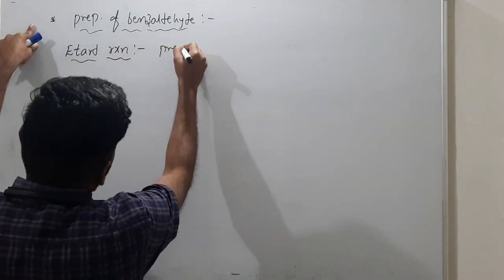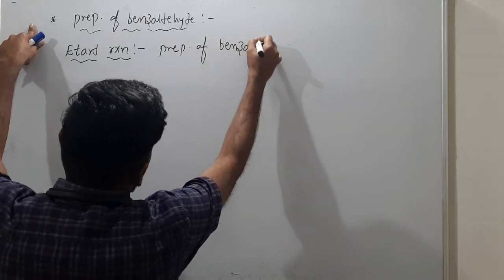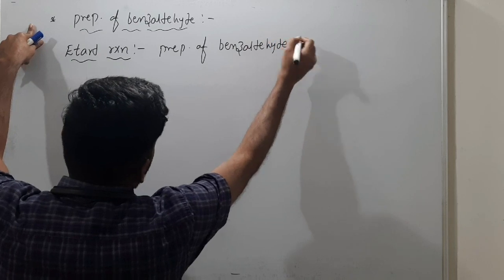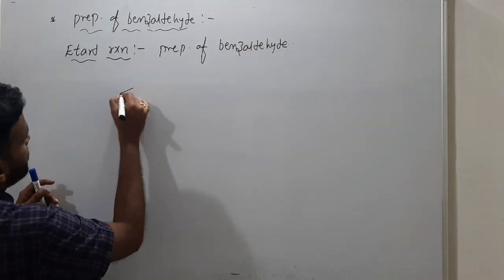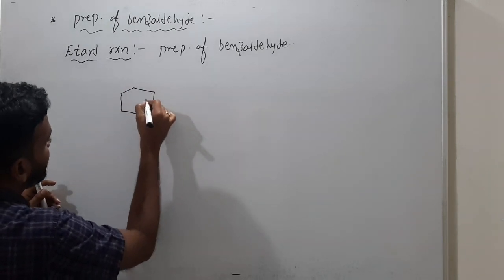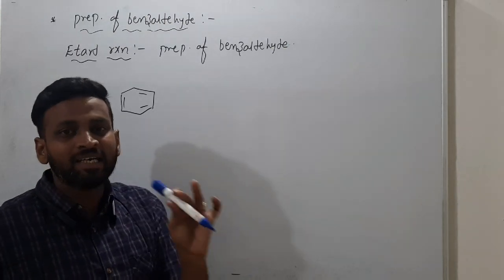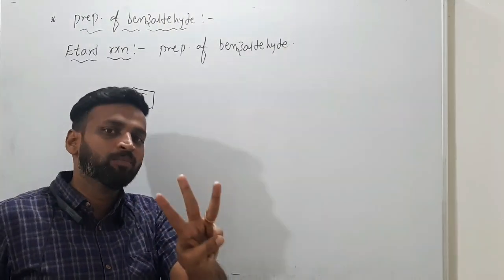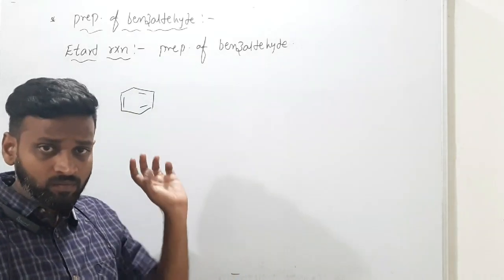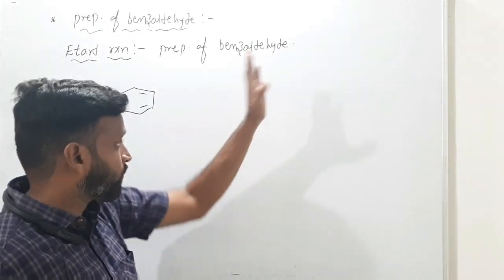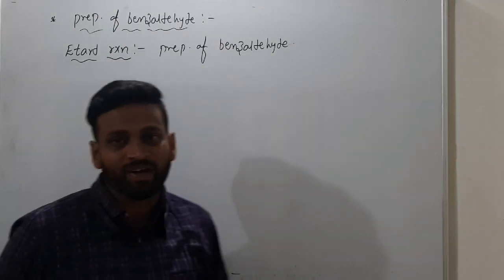This is also a preparation of benzaldehyde. How, sir? Here, what starting material we take, what is forming, and what the reagent is. These 3 things are very important for you to learn organic chemistry. Here the starting material is what, the product is what, and to get the product, what reagent is required.